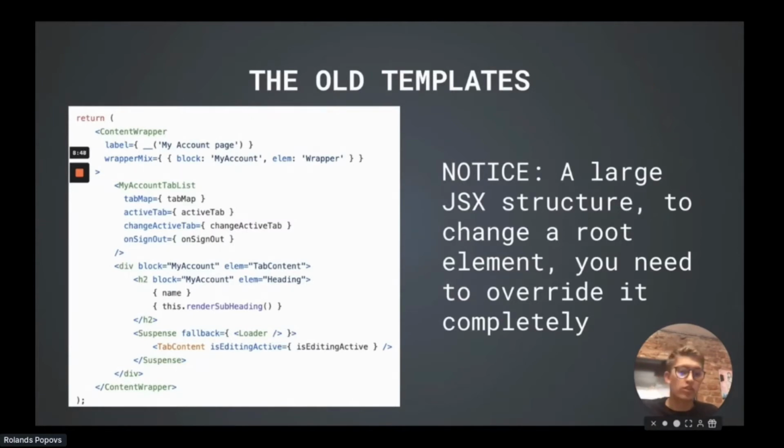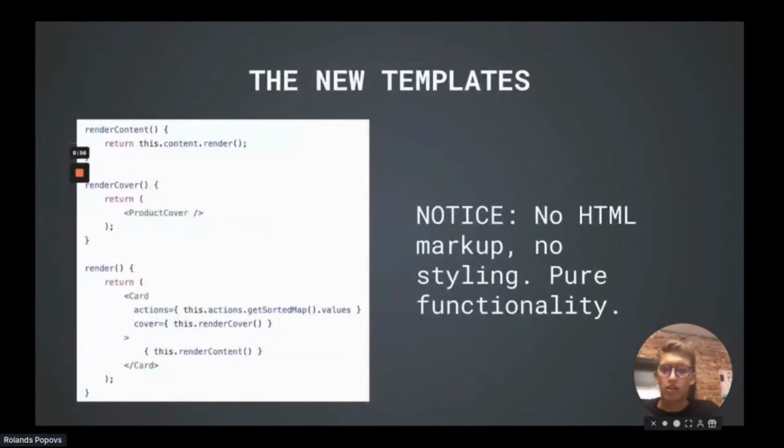Thus, we no longer want to limit you by this, so we're creating this option to not use the HTML elements at all. And also, we don't provide styling, so you as a theme creator can choose which way you want to go,